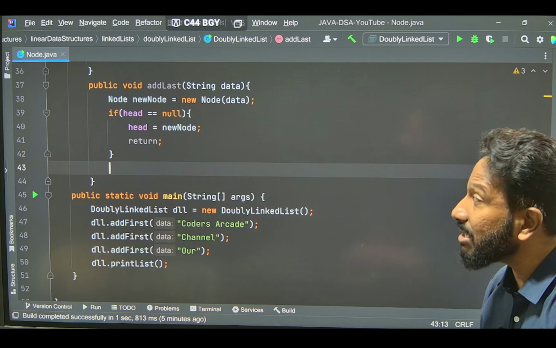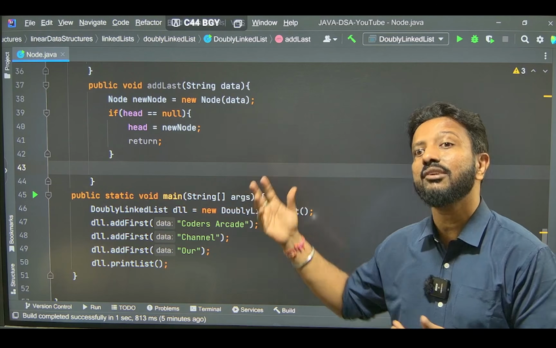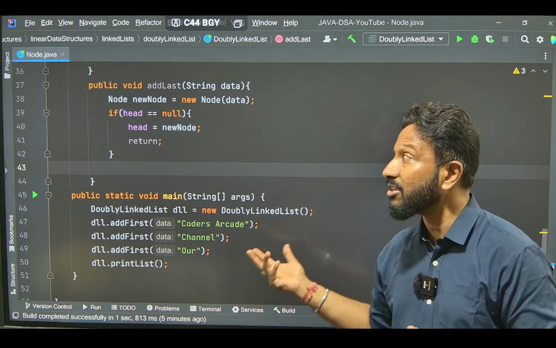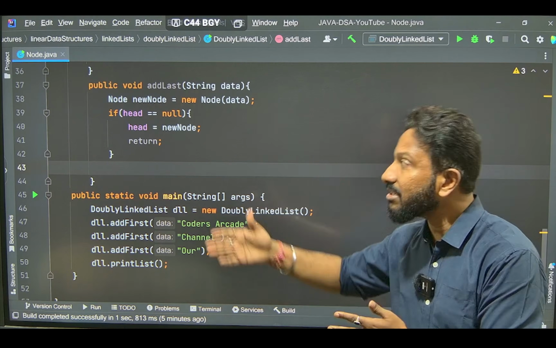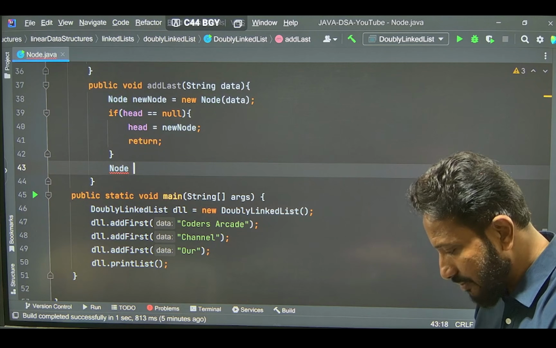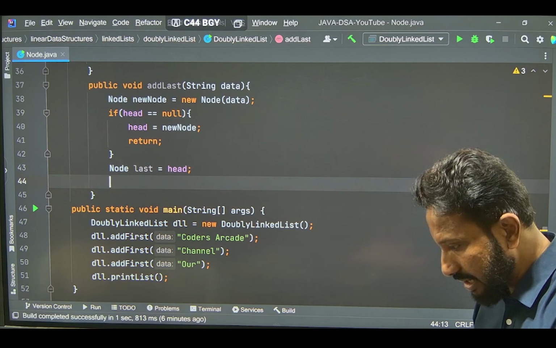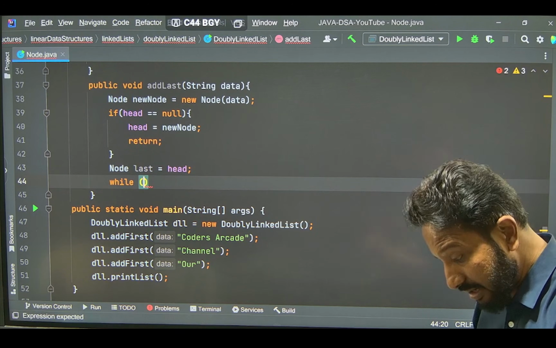Okay, but otherwise if you have to insert at the last, what do you do? Single linked list में क्या करते थे? What did you do? We have to traverse and find the last node. Okay, so initially I'll take a pointer, node of last is equal to head. Okay, and then while my, remember we had the algo,